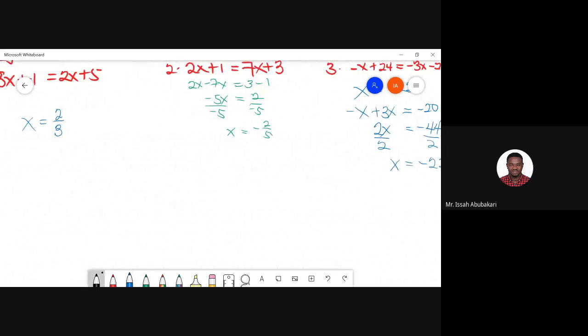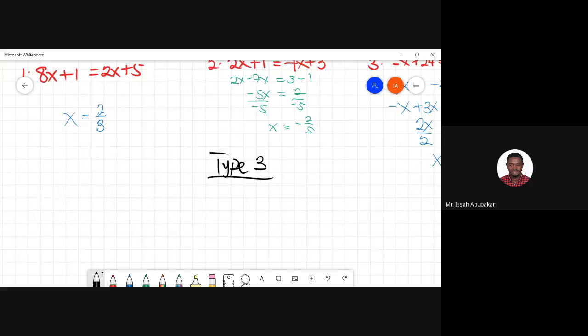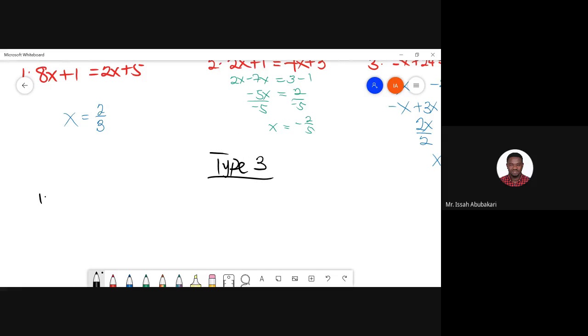Type 3 is when the questions involve brackets. And for this, I would like you to use what we call BODMAS in solving the question. And BODMAS, we said brackets, division, multiplication, addition, and what? Subtraction. So the first question we want to try is 3 into bracket x plus 5